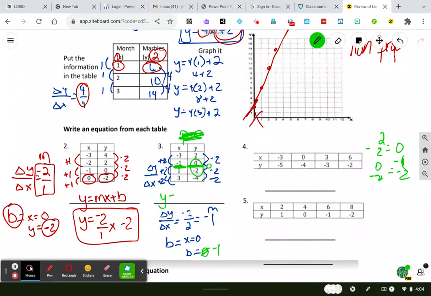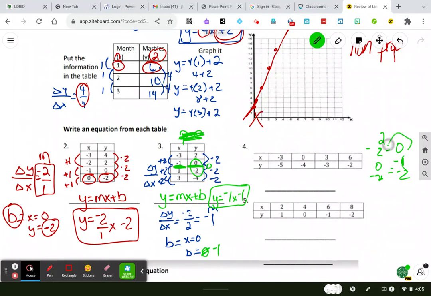So your equation is y equals mx plus b, which equals y equals negative 1x minus 1. All right,